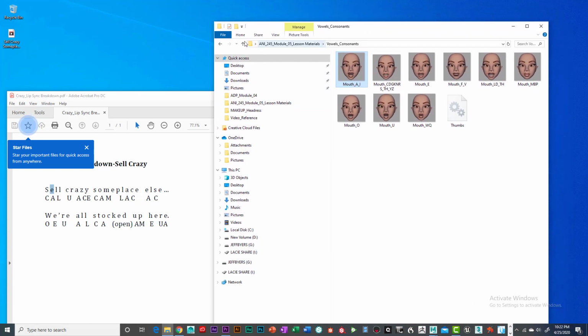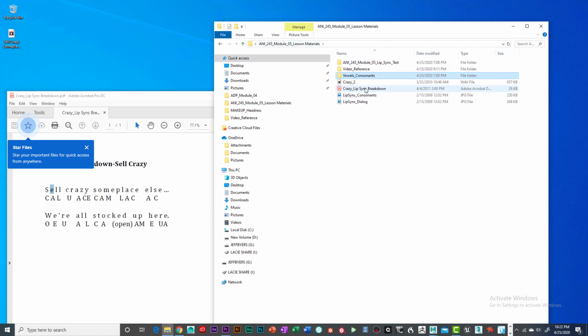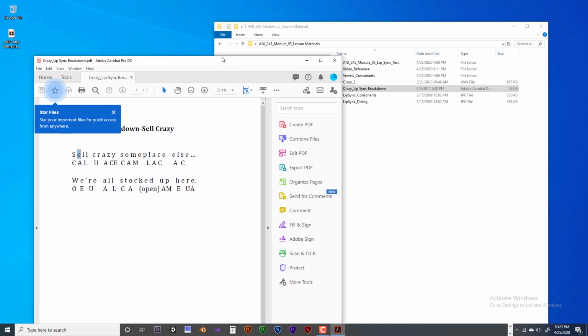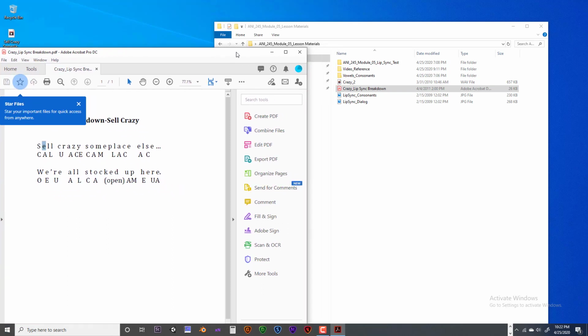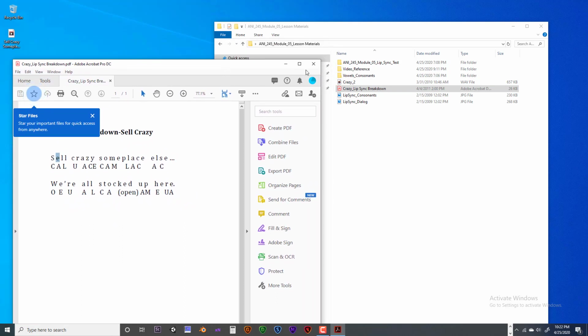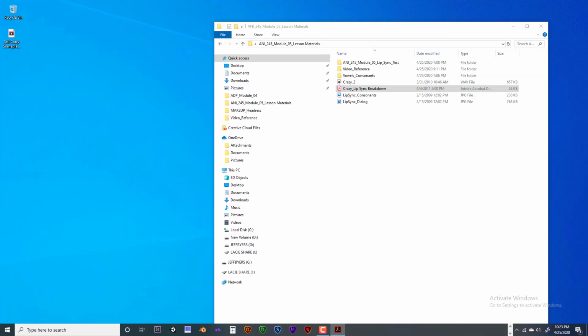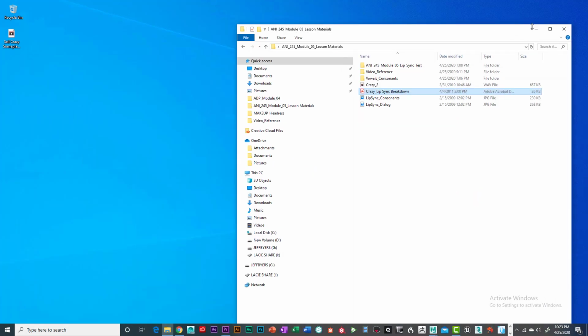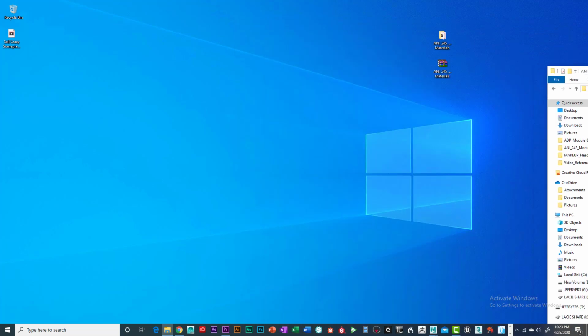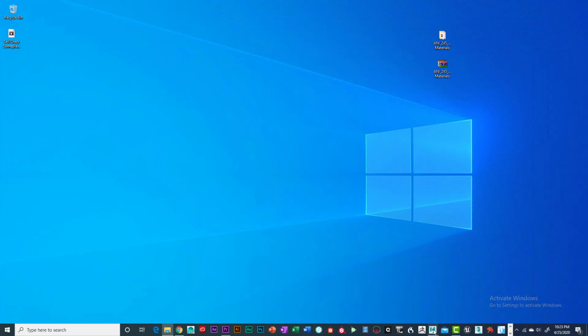So that's what we have so far with this. We've got our animation breakdown there that you're going to need to have open. Hopefully you have two monitors. If you don't, you're going to have to squish everything together. But I'm going to put that off to the side. Okay. So we're going to go ahead and get you started. Alright. So in Maya,